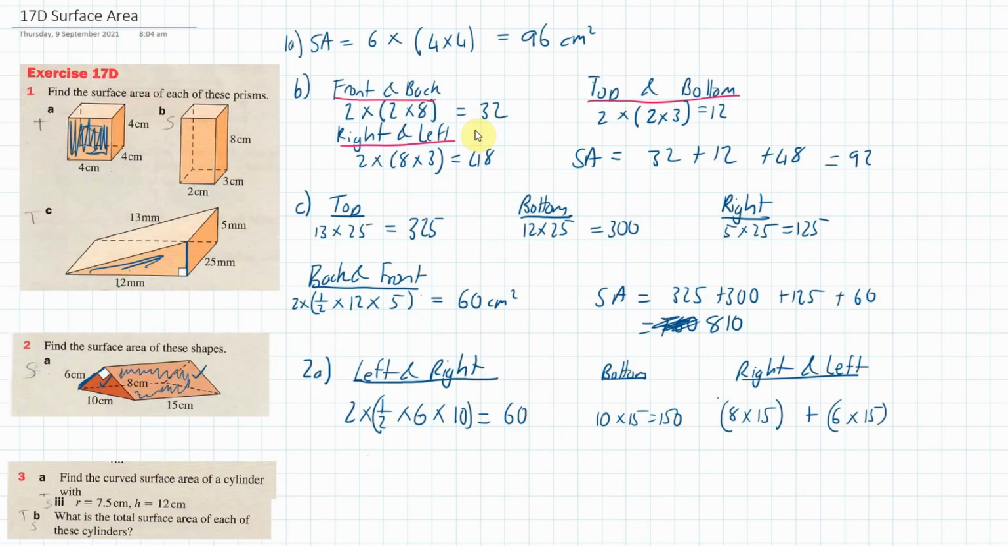Now let's add all of this up. So surface area is equal to 60 plus 150 plus, now 8 times 15 is like 4 times 30, so 120 I think. Yes, 120, and 6 times 15 is I think 90. And then we add them all together, so 90 plus 120 plus 1